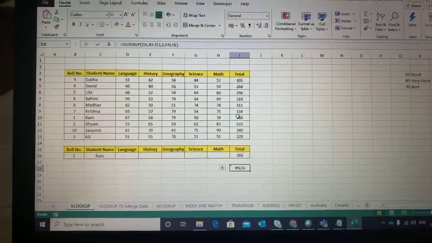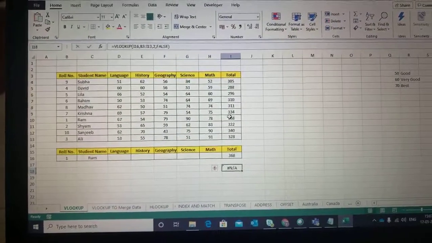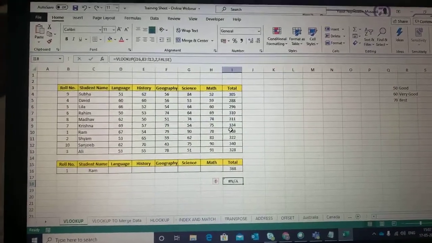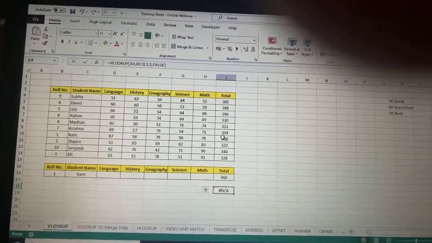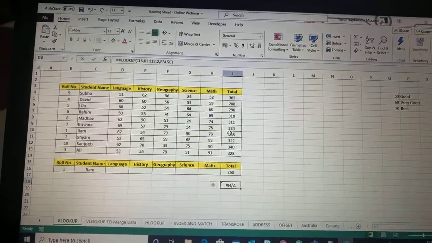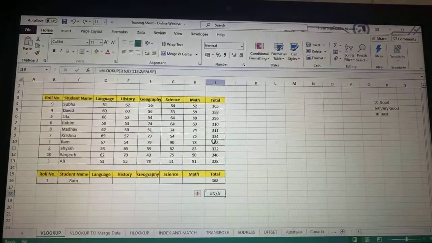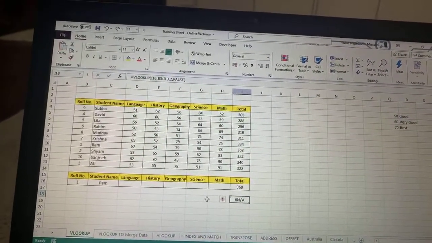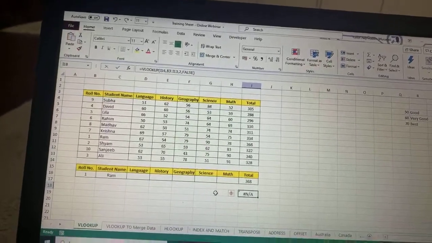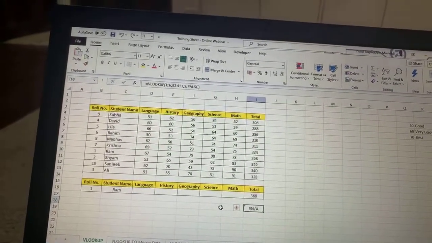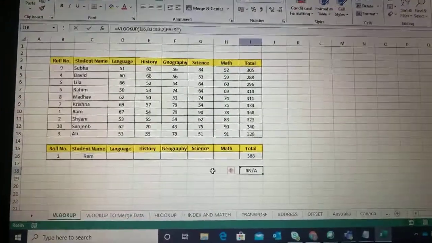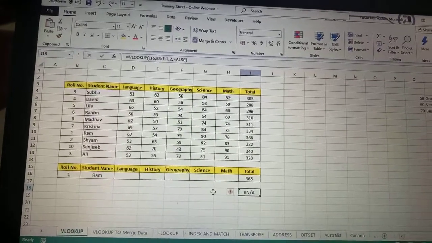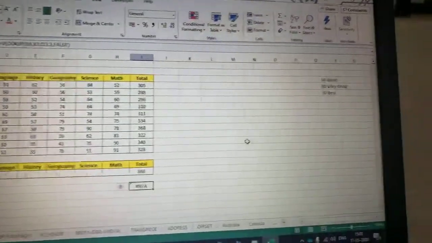It will always search towards its right. If I have the name of a student, it will be fetching you the total marks. But if I have the total marks, it will not fetch you the name of the student. So that is the drawback with the VLOOKUP function. Okay, let us move forward and now understand the second usage of this. Now, also talking about these drawbacks, yes, these drawbacks can be removed. In order to remove these drawbacks, we need to use a combination of some other functions which are called reference functions. So if you are interested, you can always message me and we can discuss them further.